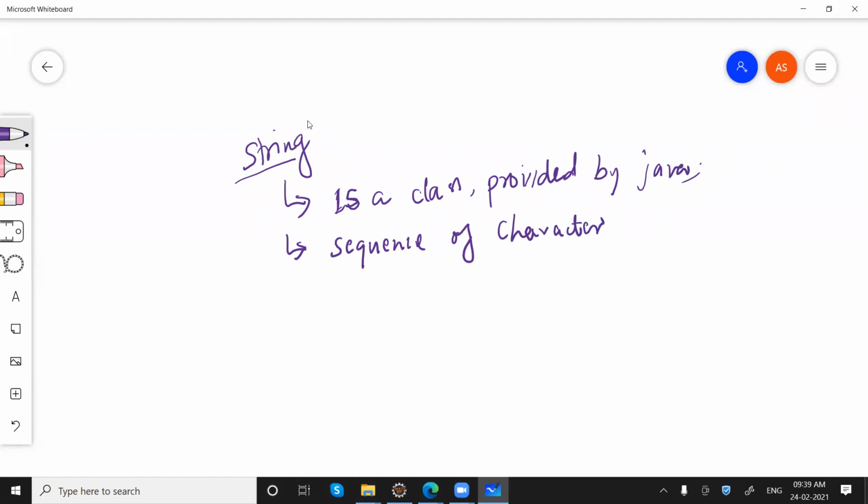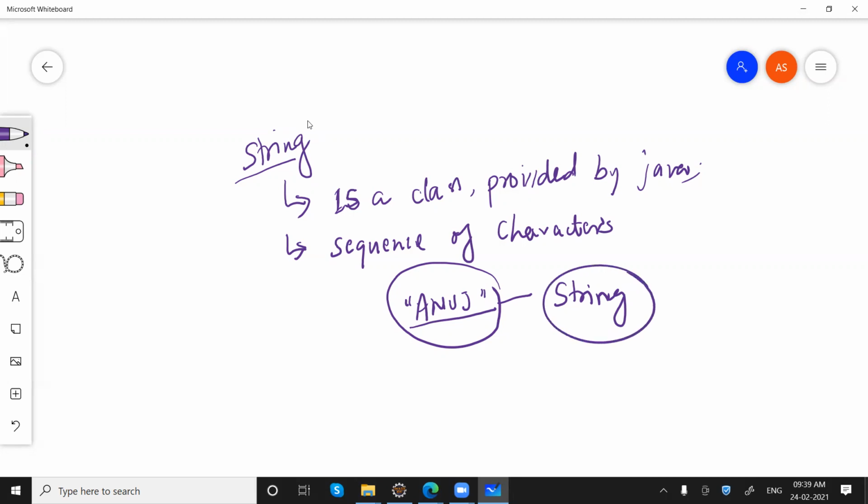Sequence of characters. So for example, if I say this in double quotes, basically this is a string, right? To represent a sequence of characters, we can use this class. Like we have seen some examples where we were saying string name to store name data.